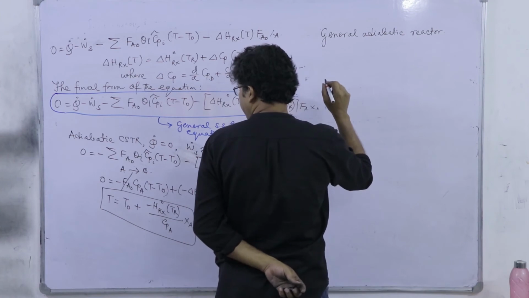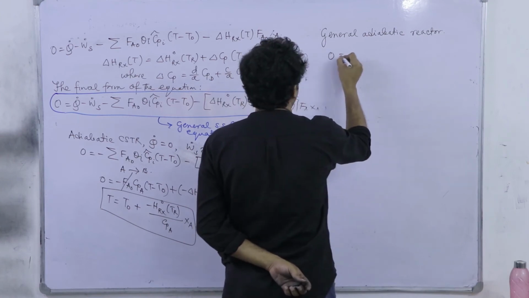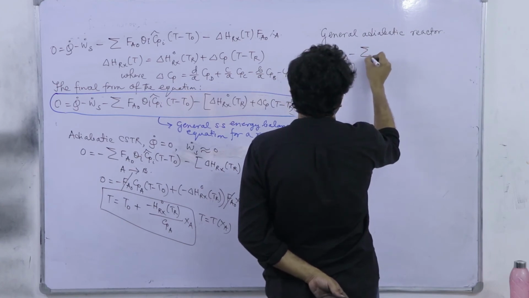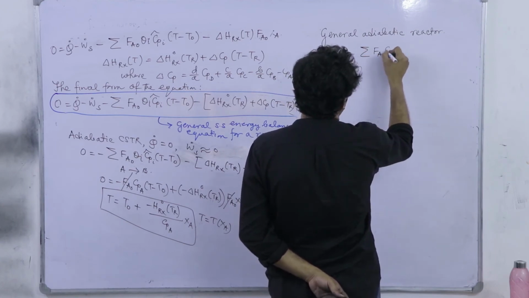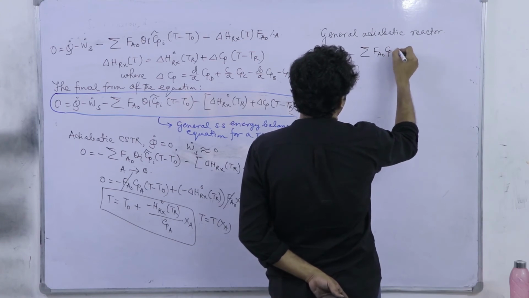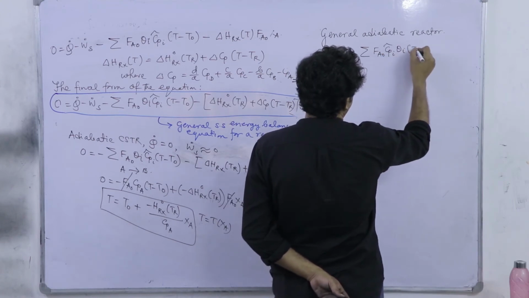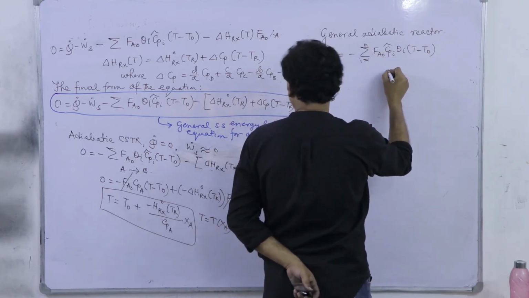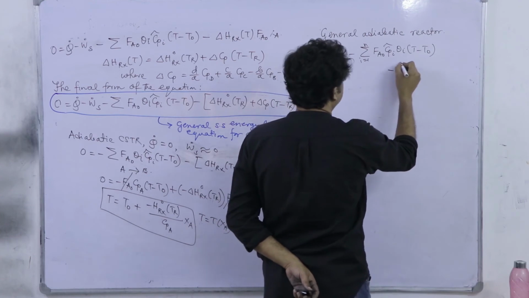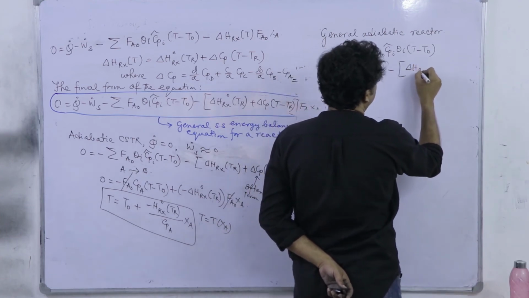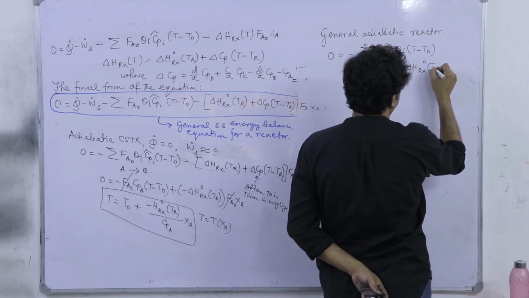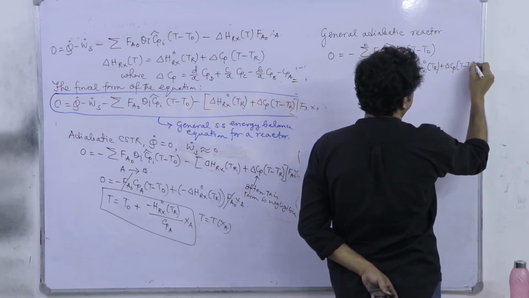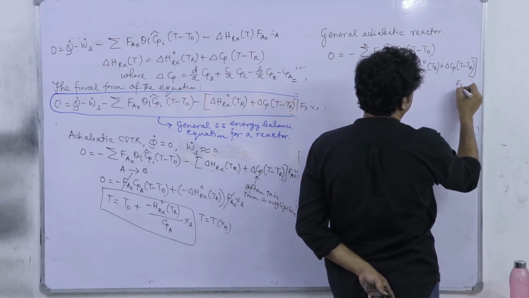We will have 0 equal to minus F_A0 into Σ Cp_i θ_i (T minus T_0_i), i equal to 1 to n, minus [ΔH_Rx° at T_R plus ΔCp into (T minus T_R)] into F_A0